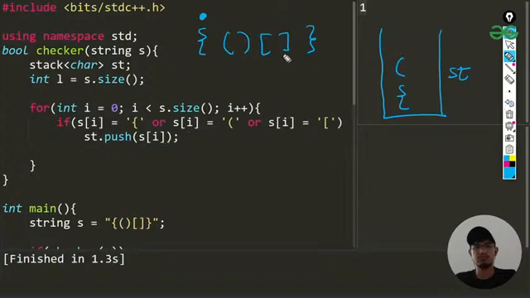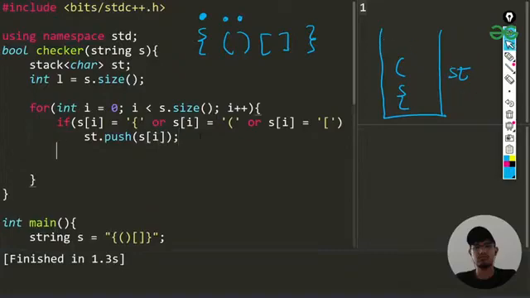Okay, it is not going to be pushing into the stack, but we are at this position. So at this position we are going to be checking the top of the stack. If what is at the top of the stack is the opening bracket and they are matching, meaning the types of brackets match, then we are just going to be removing them, basically popping from that. Else, I'm just going to be checking the top of the stack.